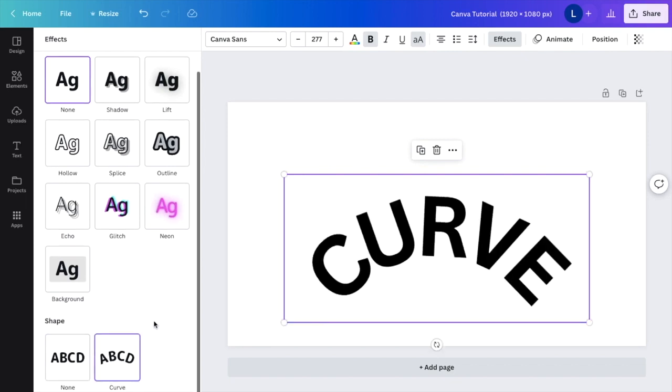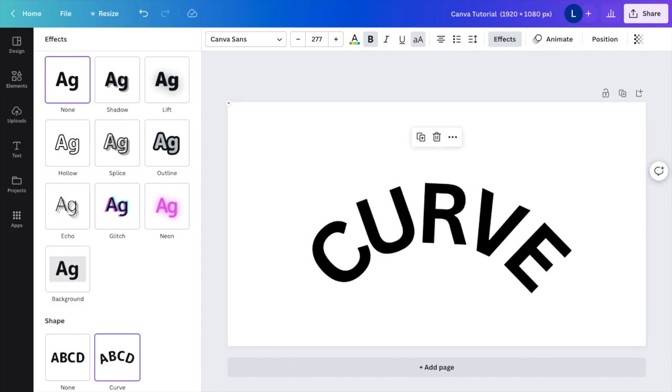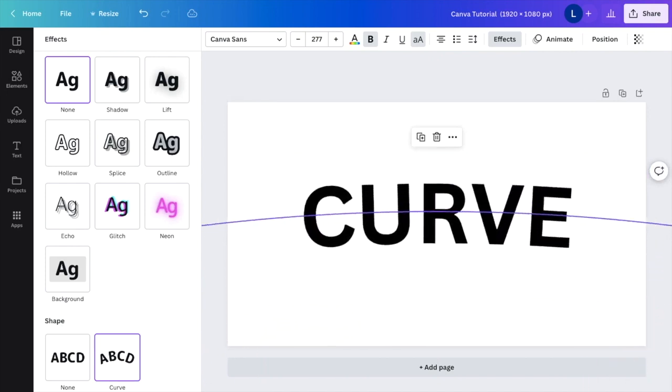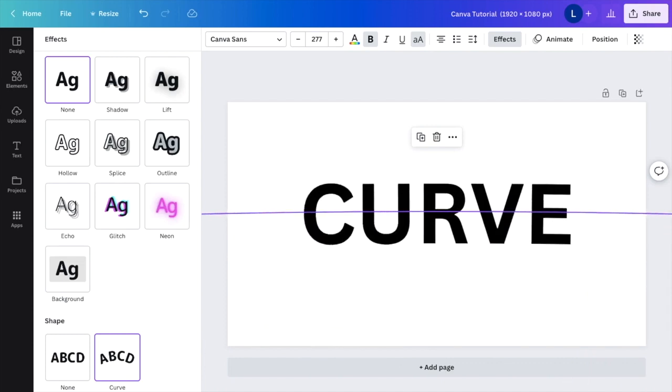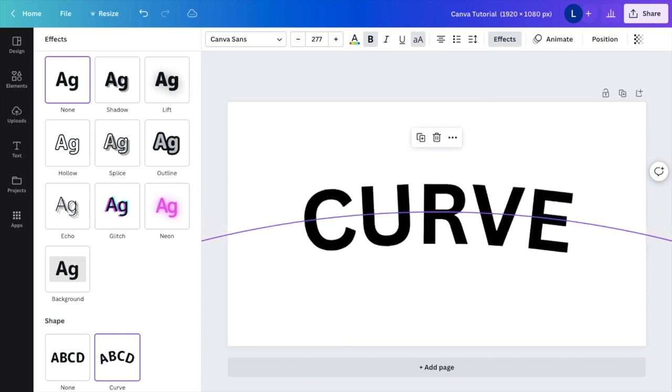Now, if you want to change how much this is actually curved below the shape option here, there is a curve icon. Right now we're at 100, but if you want to drag it all the way to the left, putting it at 0 would make it flat. If you want to make it negative, it'll curve it up, and you can basically just play with it and curve the text